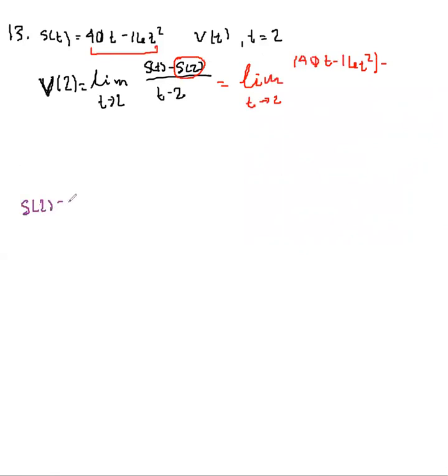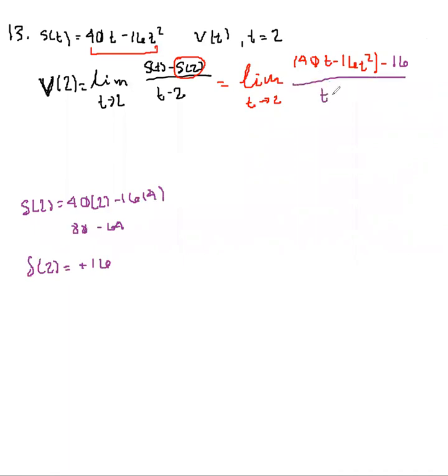S of 2 is 40 times 2 minus 16 times 4, so that is equal to positive 16, which you had right in the chat. So we're going to put positive 16 in here, so we're going to have minus 16